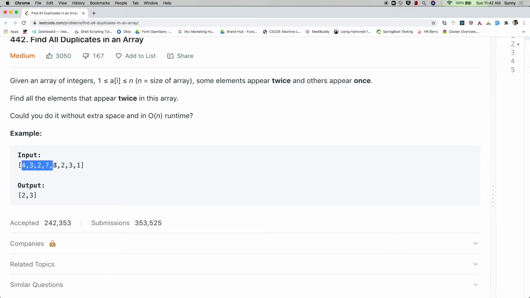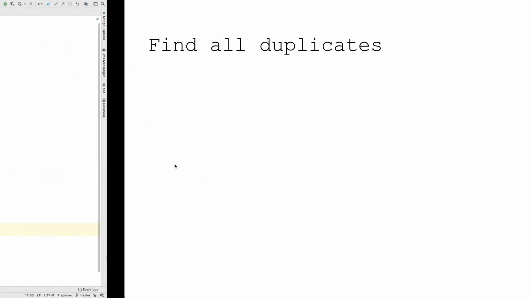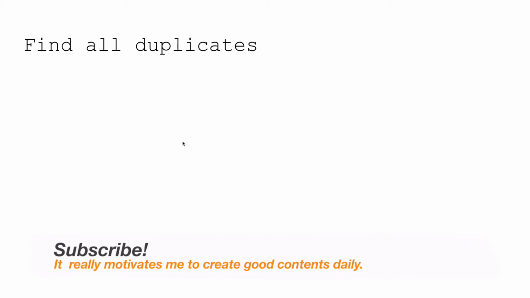So by using this property, we can simply traverse this array of integers in such a way that we can get the numbers which appear twice. To understand this more clearly, we can come to this presentation to see how this works. We'll do a dry run on this approach.